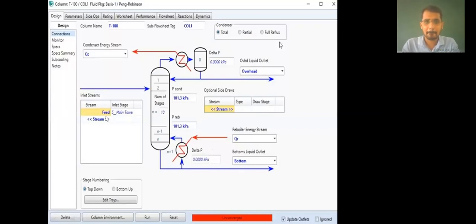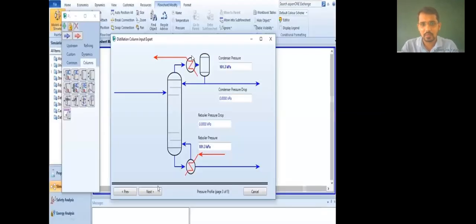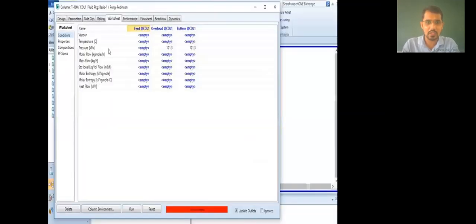After that, now it will look like this. Okay, next one. Now what you have to do here, you have to go to worksheet. The next screen is the worksheet, where you have to give input data. Input data means you can see here everything is empty. For the feed column everything is empty, and for the overhead condenser we have given this data, that 101.3. I have entered this data. That is not calculated by this simulation. I entered this data, so that is also displayed here, and we have to enter this data as well.